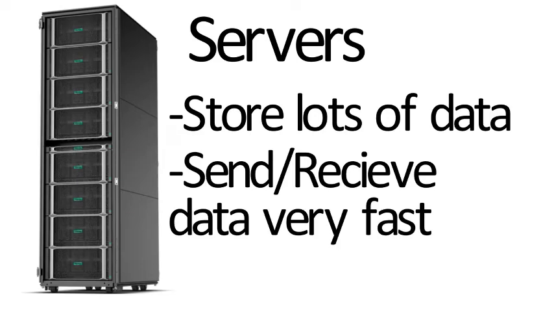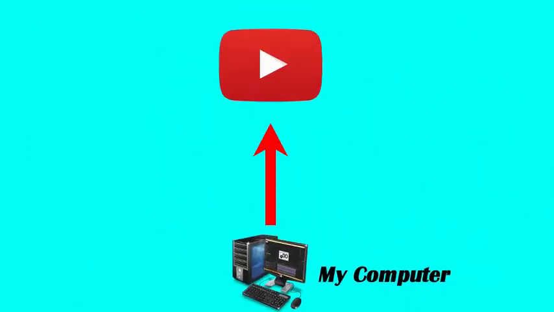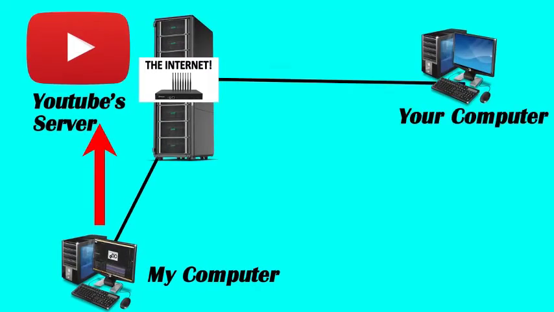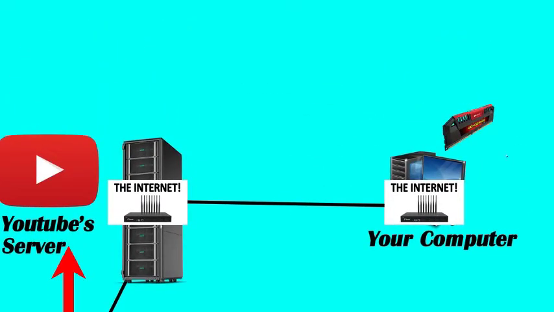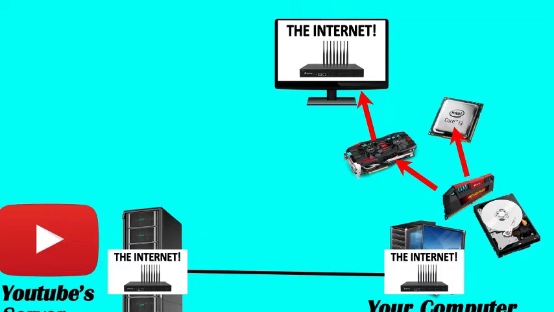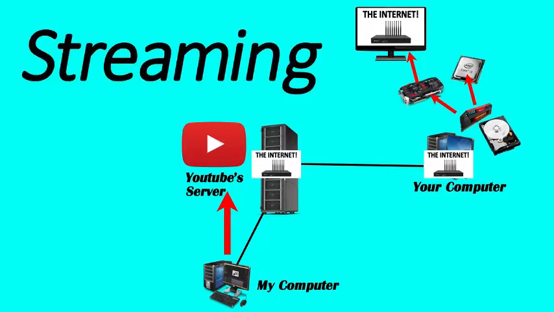Take, for example, the video that you're watching right now. I made this video on my computer, and then I uploaded it to YouTube. When I uploaded it to YouTube, the data composing this video was sent to a server somewhere that's owned by Google. And then when you clicked on this video, your computer sent a request across the internet to the computer where this video was stored, which then sent the data composing this video back across the internet to your computer where it's stored in your RAM sticks and possibly in temporary files on your hard drive. Once in your RAM, the other parts of your computer use that data to create the video and audio on your screen. This process of temporarily storing the video data in your RAM sticks is known as streaming.